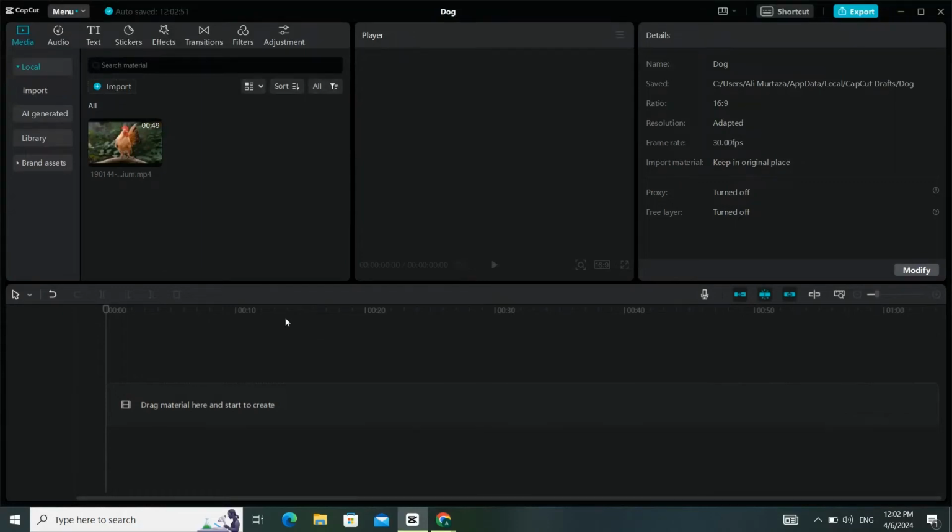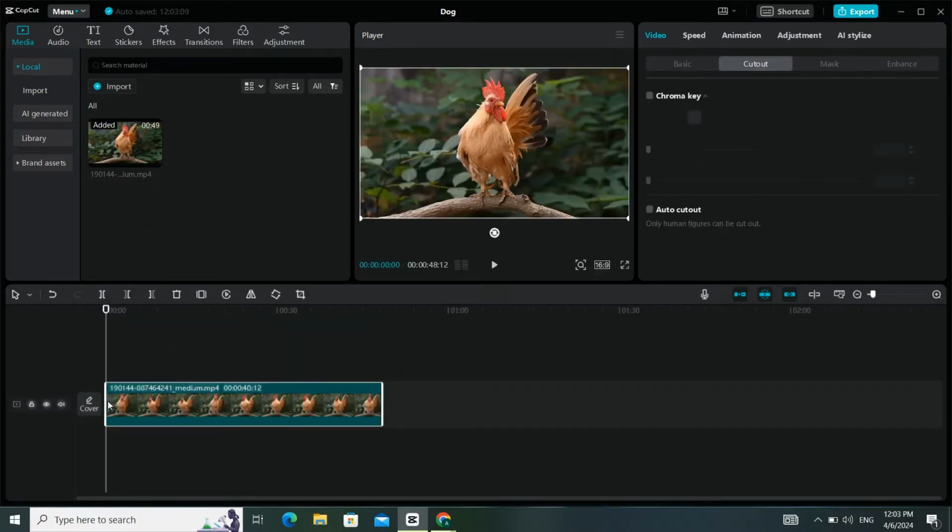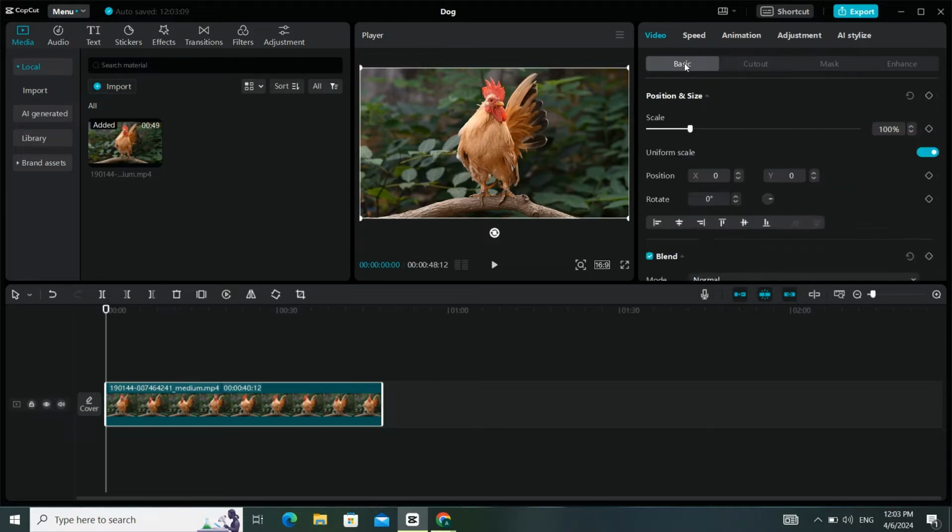In this video, I am going to show you how to zoom in on Capcut PC. So let's begin. First of all, you need to drag down your video to the Capcut timeline, and here you need to right click on the video. Then here you need to select basic, and in basic, in front of position and size, you need to enable